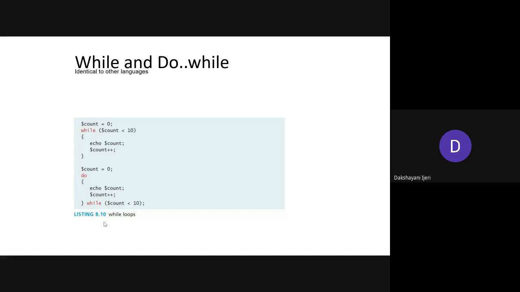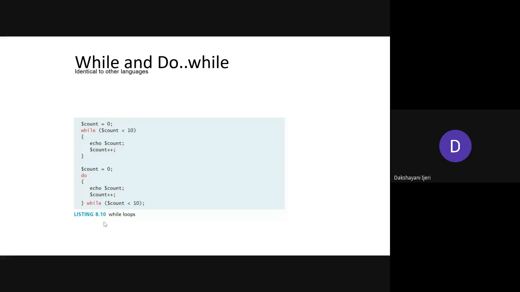Okay, so what's the difference over here? Of course, she said that for the while loop, the statements will be executed only if the condition is true, and the statements will continue until and unless the condition is true. So once the condition is false, the while loop will be terminated here, right? So what happens with the do while loop then?